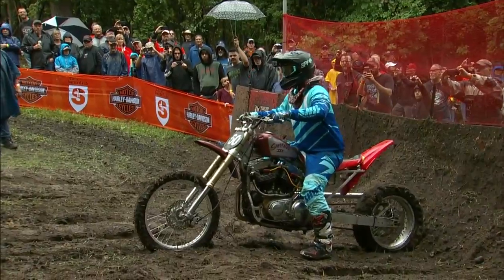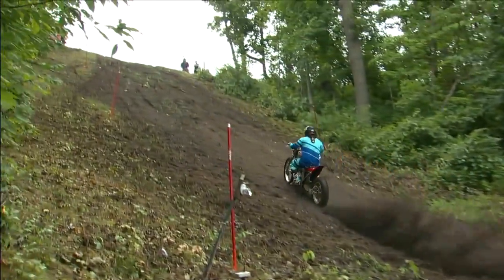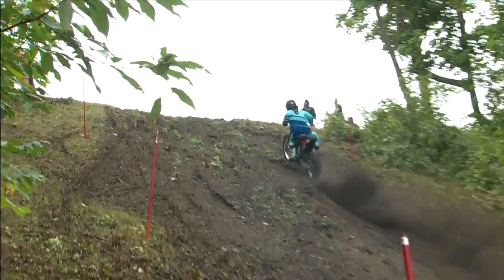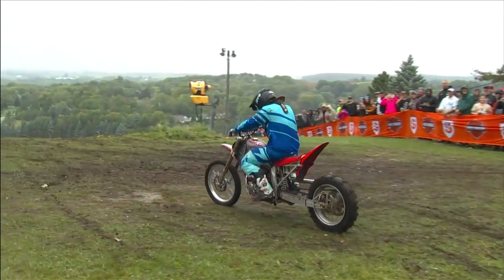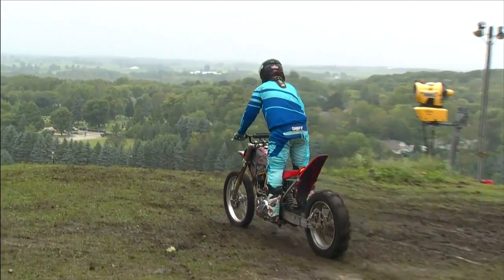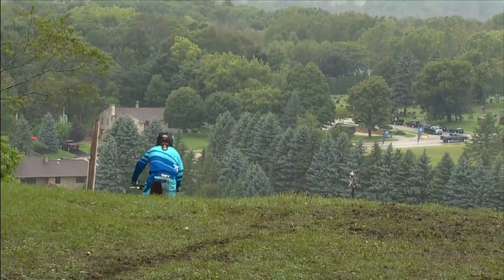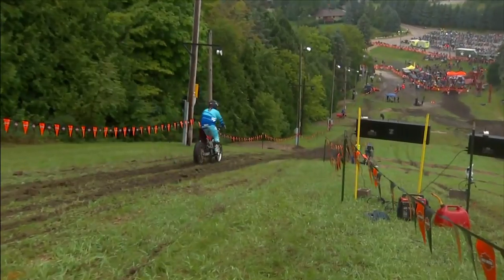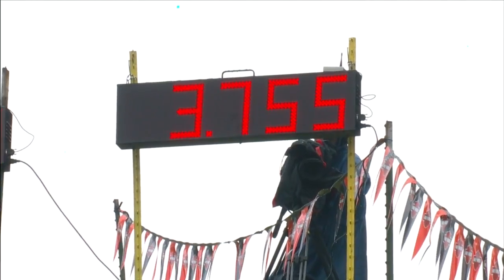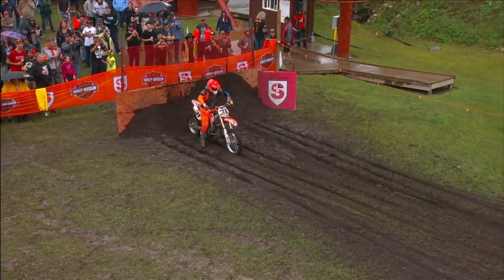Well, another thing to think about too is, guys, he's a silver medalist from the hill climb. Absolutely. Again, just like the front hill, he's smooth, he's calculated, and he gets up. Well, that's the thing. I think the long wheelbase is certainly helping him, but it also feels like we're seeing a little bit more of a cautious approach. Yep. Hey, slow and steady wins the race. So Dan Tricken, after posting that 20.318 on the front side,